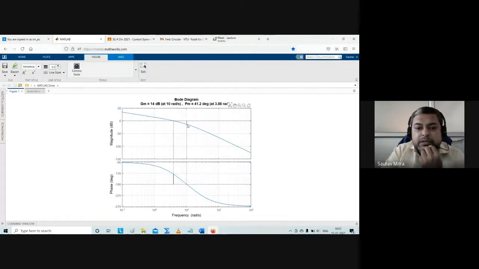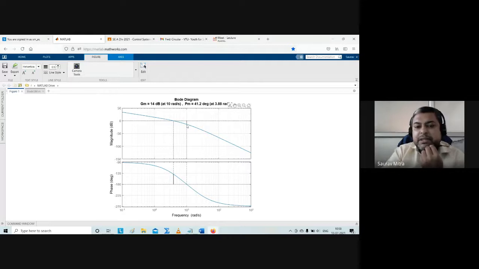Very close here, you can find out how much is the amplitude. You are finding it is minus 15.1 at 10.6. The same thing, if you take it closer exactly on the omega PC line, you will find that exactly at omega PC, 10 radian per second, the amplitude will be minus 14 dB. That means even if you increase the amplitude by plus 14 dB for this whole system, the system will still have a negative gain at omega PC. So negative gain at omega PC is very important.